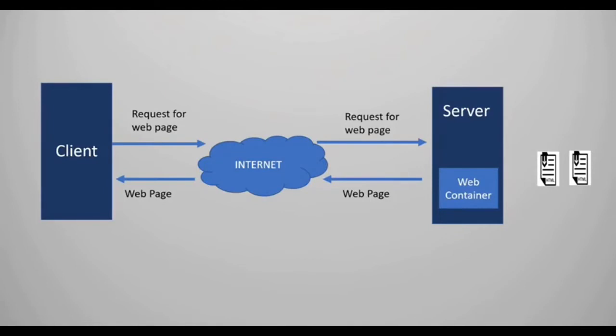Now, when you send a request, first the server will check, do we have a static page for that request in the repository? And suppose that static page is not there, then it will ask this web container for that file. Now, the Tomcat will check. The Tomcat is an application server. It is designed to execute Java servlets. So in this Tomcat, there will be some programming using which you can generate dynamic pages.